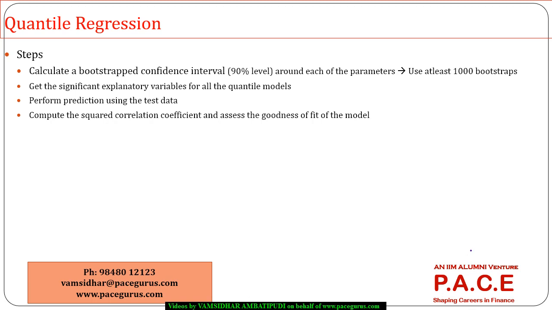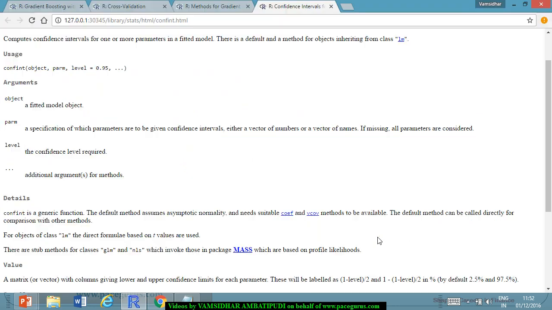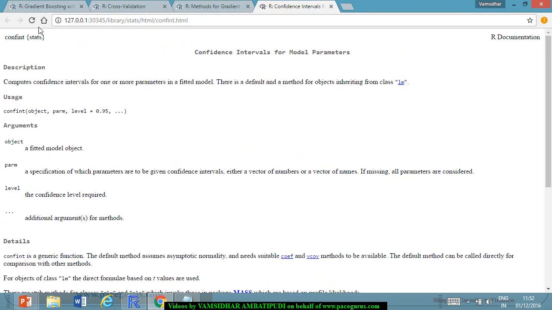So if I want, I can calculate the confidence intervals in each of the cases, and after how many iterations I have to stop them. I have to give that particular aspect as well, right? In some cases, when my data is so high, it's better to increase the number of iterations rather than just sticking with the default one of 100. So here if you see the iterations